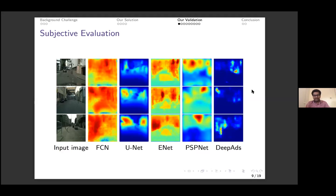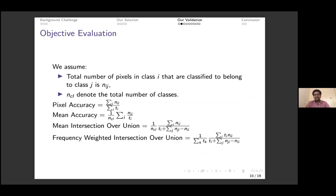As researchers, we look at both the subjective evaluation and also go for objective evaluation, to see in terms of numbers how our network performs as compared to other existing algorithms. For this, as I was discussing, we model this entire problem as a segmentation problem. So here we need to classify each pixel in an image as either belonging to a billboard, an imaginary billboard, or not belonging to a billboard. We can have different metrics for this method. So we compute the pixel accuracy and the mean accuracy. That means how accurately I can classify each pixel in an image as falling into the imaginary billboard class